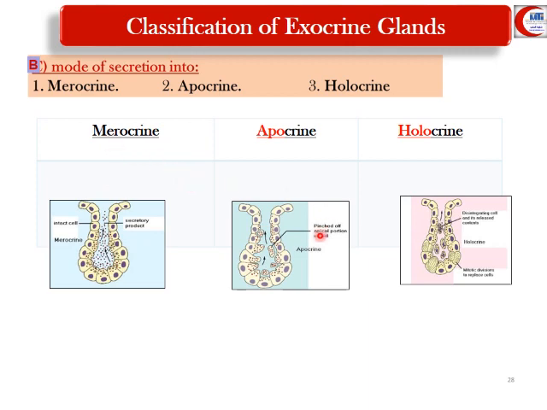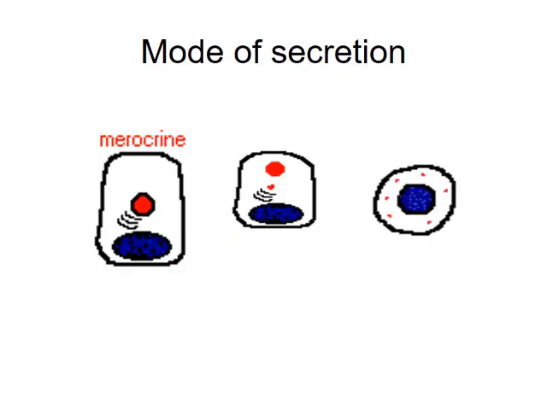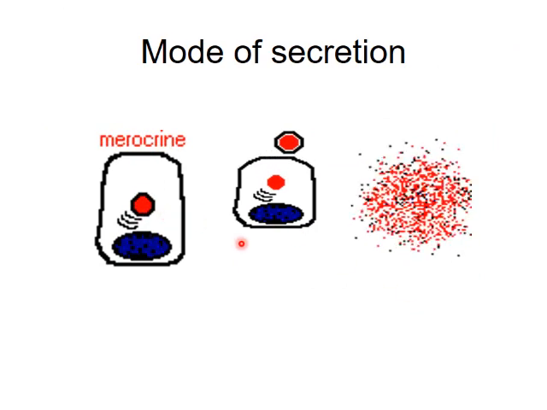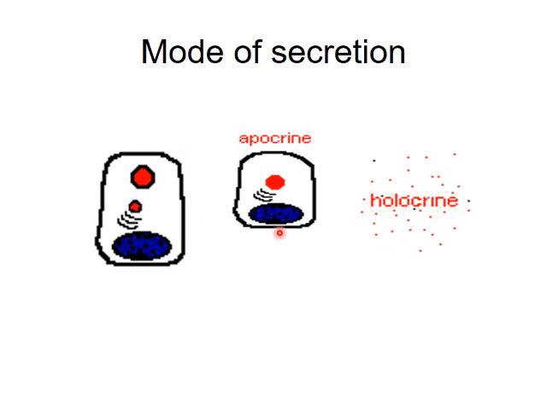The second type is called apocrine secretion. Apo means that the apical part of the cell containing the secretion is going to be released. This means that there is loss of an apical part of the cell. An example of this type of secretion occurs in the mammary gland. The last type of secretion is called holocrine, which means that the whole cell is lost with the secretion. This occurs in the sebaceous gland. As we can see here, this is the merocrine secretion, this is the apocrine secretion, and